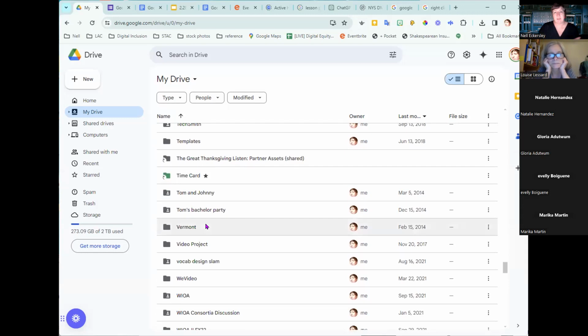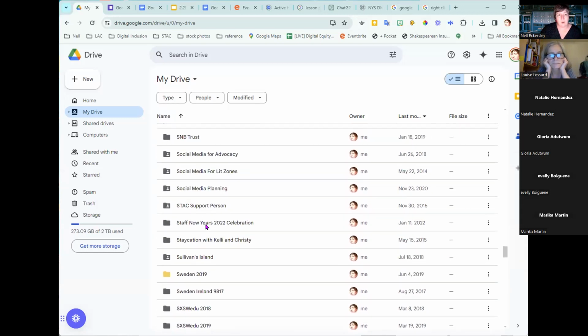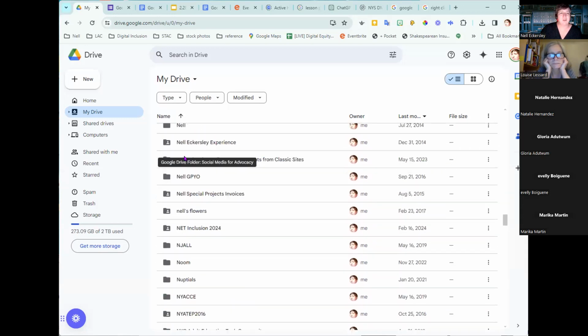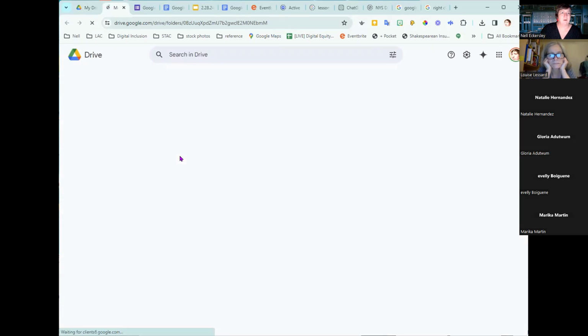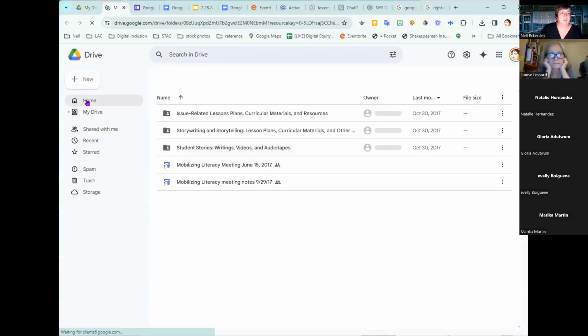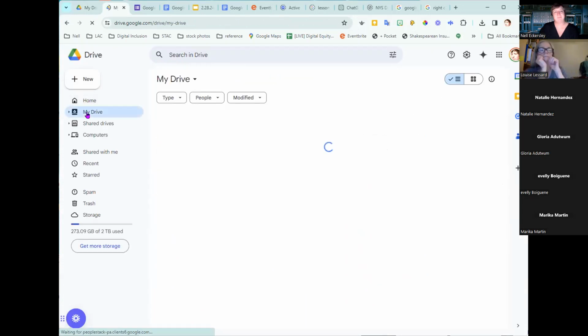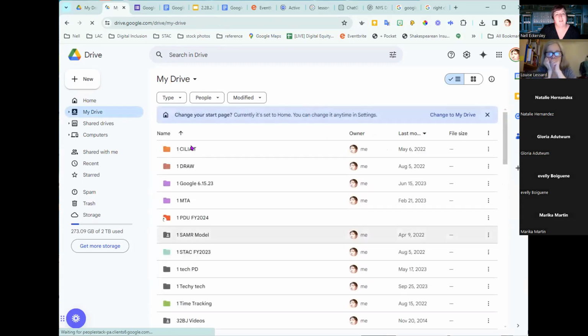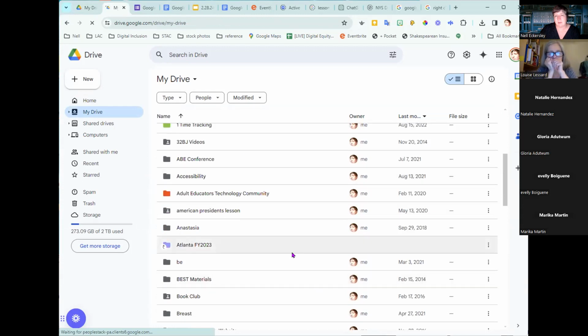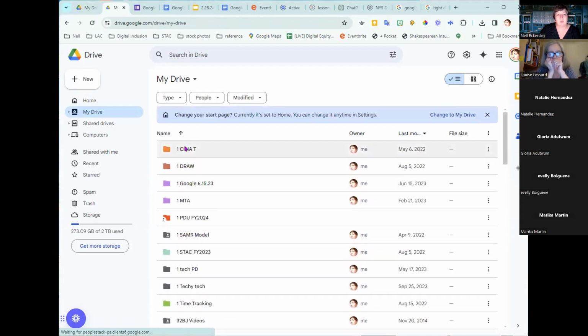You'll see this is a big mixture, right? This is my personal stuff and it's my work stuff, which is just fine because I know which things are which, just because I've labeled them pretty well. You saw just now, oops, I don't know what's going to open there. Let's go back to my drive. These are the ones I'm using the most, right? As you scroll down, this is alphabetical. But certainly the ones that I've given numbers to are the ones I'm using the most at any given time.